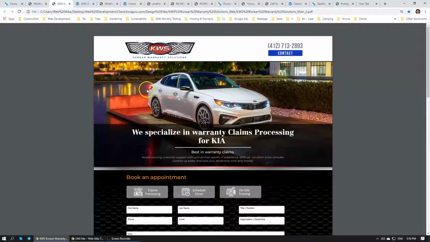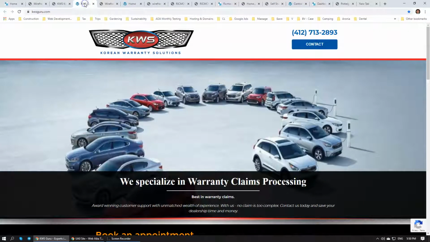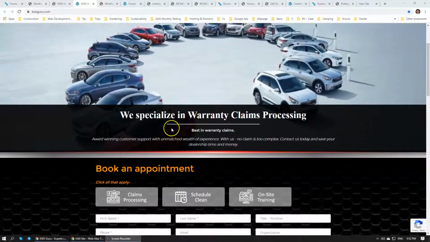In this specific case, our client asked us to change the picture. She wanted a different picture. And we have done that. Website went live. You can see that the image was changed. Unfortunately, this image has bad resolution, but that was the only image that she was able to obtain from the